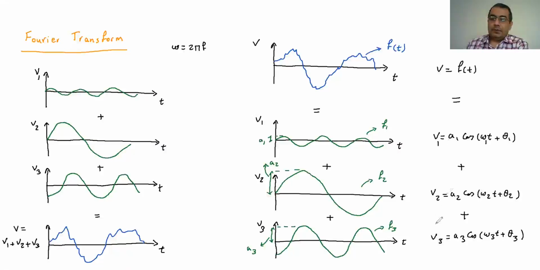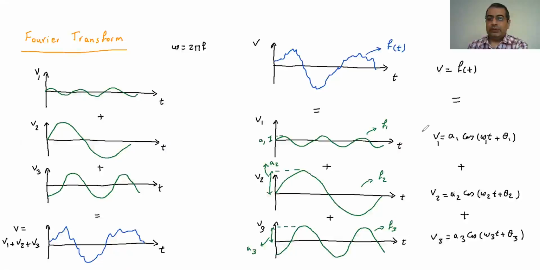Up to this point, I assume that if I have this, I can decompose it into these simple sinusoidal waves. But how am I going to do that? It's a good way to present the function, but how am I going to break this into a series of sinusoidal waves that, if I add them together, give me the original signal I have? This is where the Fourier transform